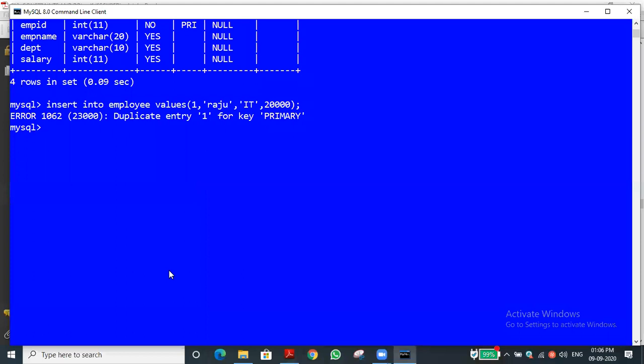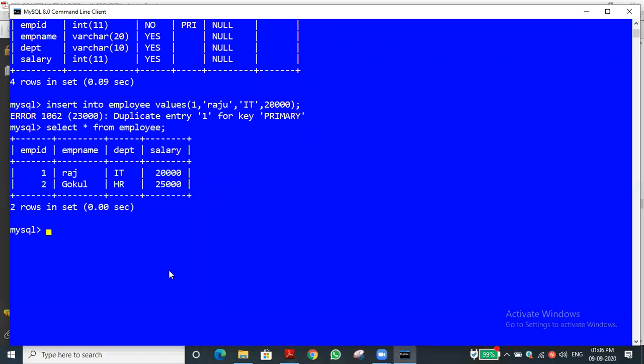You already know the employee table I am showing. This is the employee table details. Two records are there. Suppose 200 records are there and you want to take a duplicate copy. There is no need to type all those things. By using this function, we can do it. What is the command?